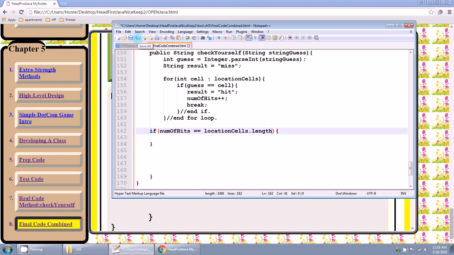going to have 3 ints, 2, 3, 4, or 1, 2, 3, or 3, 4, 5, or whatever, anything up to 7. So if num of hits keeps going up, it starts at 0. If they guess another one that happens to match what's in the array, then that goes from 0 to 1. And if they guess another one that's correct, then it's going to go up to 2. Well, there's only 3 elements in the array, so once this goes up to 3, when the value of num